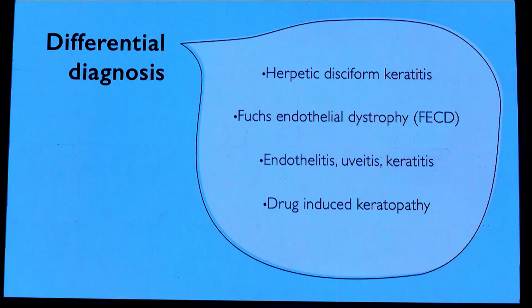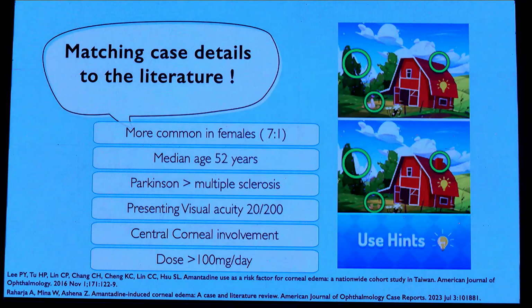There were no KPs on the endothelium or previous scars. Fuchs was also ruled out because in the periphery where the cornea was clear, we couldn't see any beaten bronze appearance or any guttae. It was completely non-inflammatory, so all the inflammatory causes were ruled out, which shortlisted the diagnosis to probably drug-induced keratopathy. Because it's a very rare diagnosis, I went through the literature and we could find 21 cases overall,